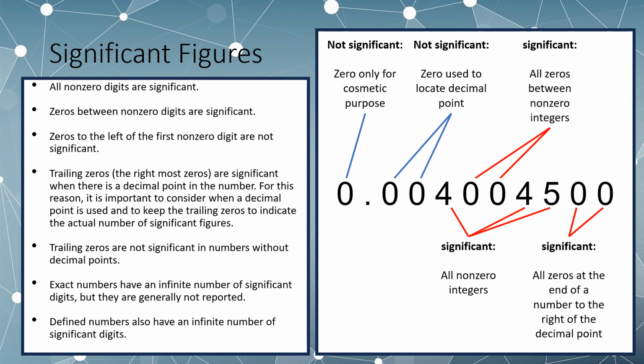Exact numbers, that is numbers that go on for ages, have an infinite number of significant digits, but they are generally not reported. Defined numbers also have an infinite number of significant digits. Let's look at this broken down example on the right. So we have